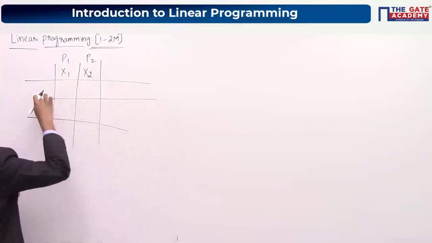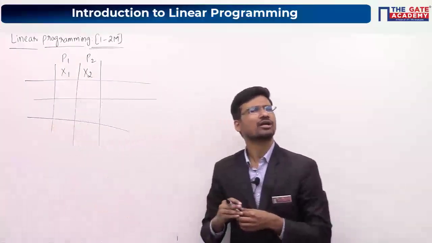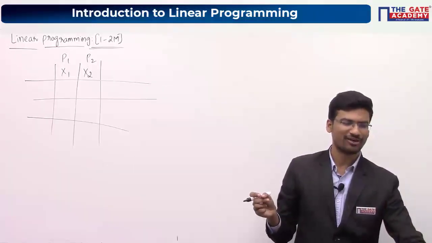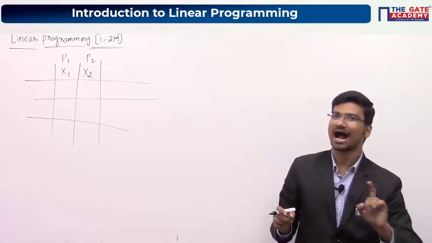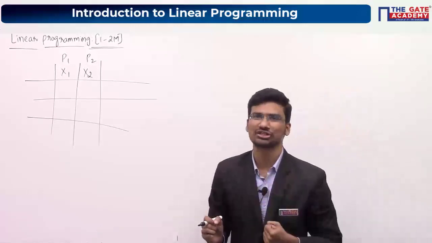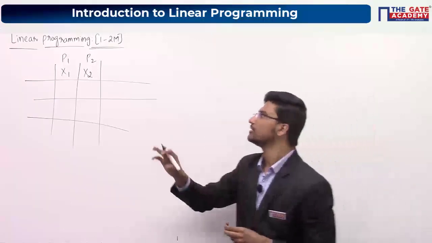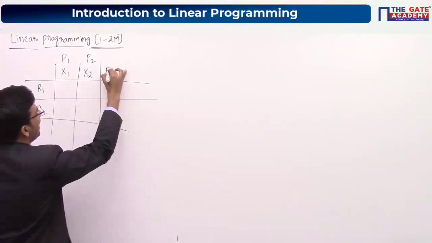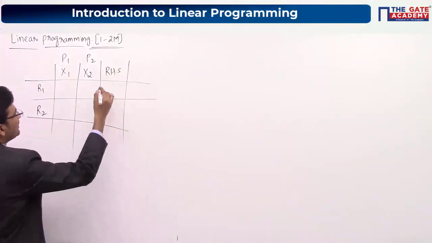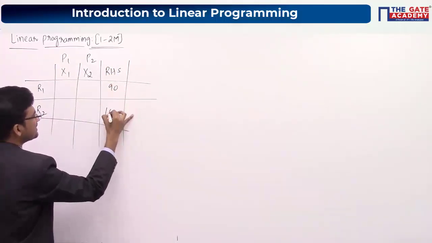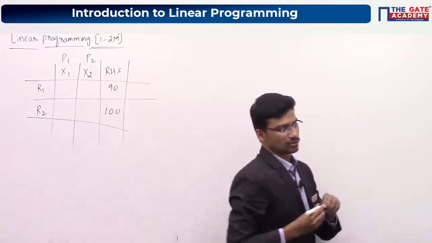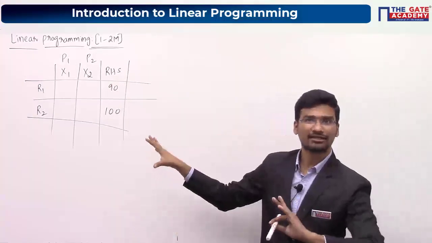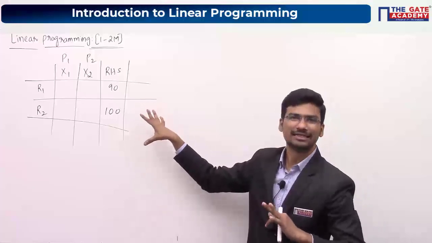Now here I have to take the constraints or restrictions. So what are the restrictions here? See, there is a restriction on raw material. Raw material R1 is available only 90 kgs and R2 is available only 100 kgs. Now these are your limitations or restrictions, right? So these are your constraints. So write down the constraints here. You have R1 and R2, and this is your RHS value. What are these maximum values? Limitations, 90 kgs and 100 kgs, right? The manufacturer has 90 kg of R1 and 100 kg of R2. So just write down like this. Now you can fill this particular table easily.